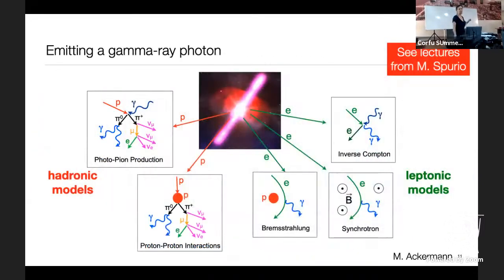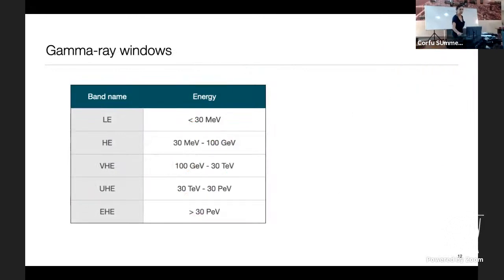Good. So here is just a sketch of the different processes involved in gamma ray emission from an astrophysical source. We have two classes of models. The hadronic models, in which you have in some way protons and pions acting in the production of the photons, and we have leptonic models, in which you have also connection with the synchrotron emission. I will not go into detail because we need to go to see today